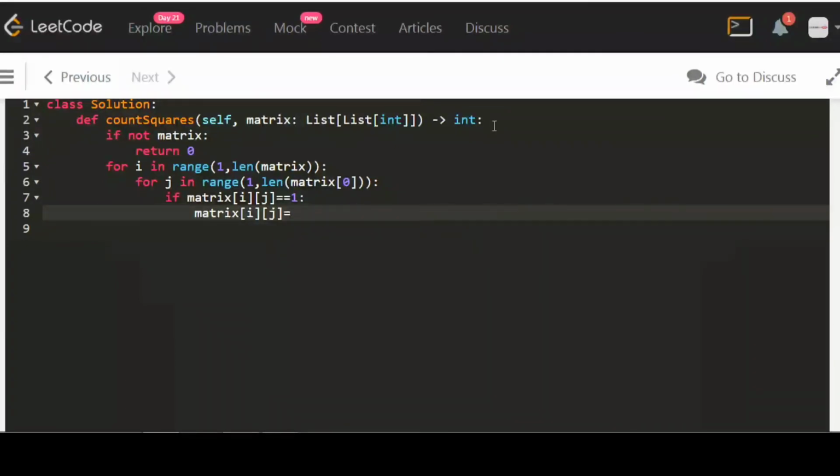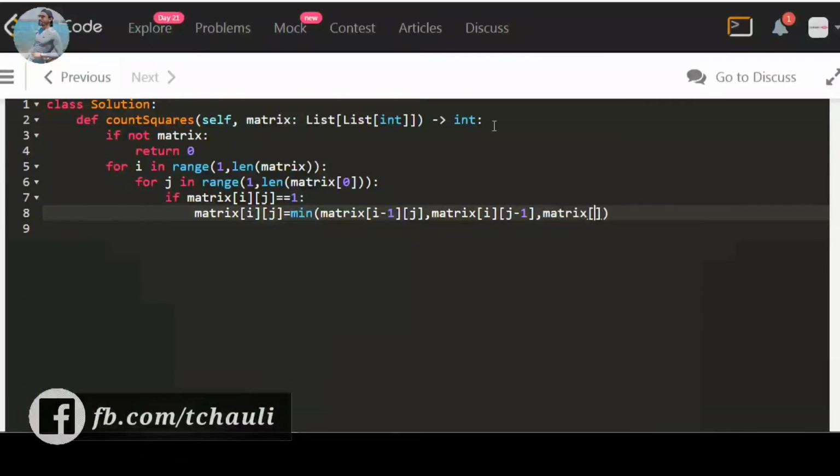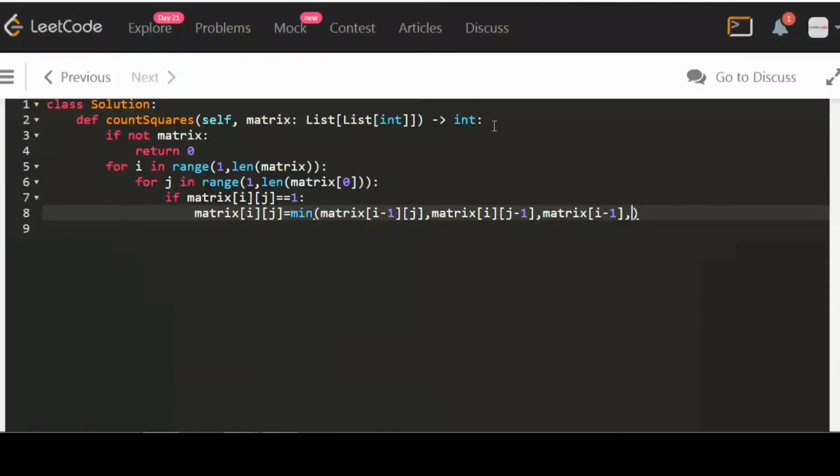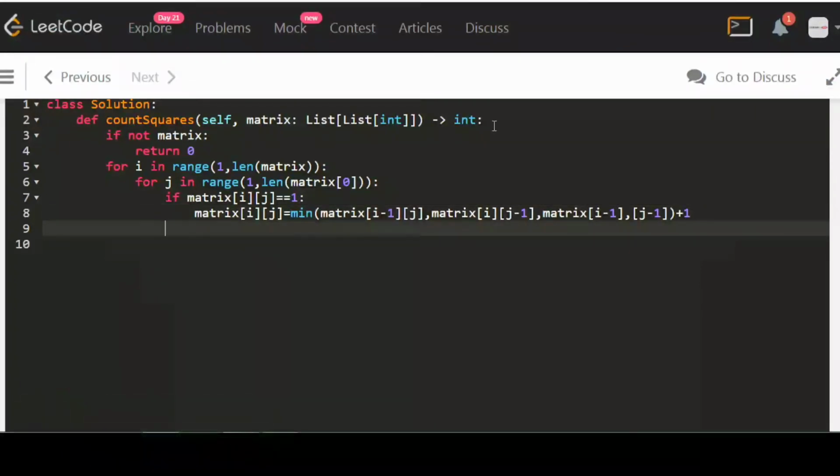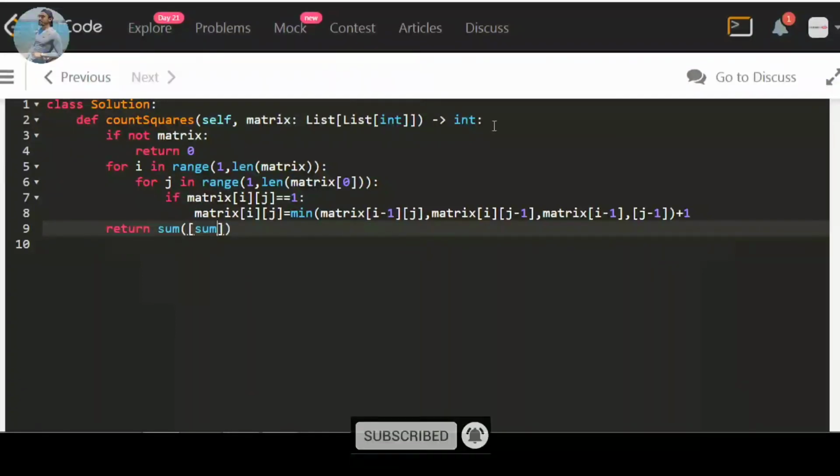We take 3 values: matrix[i-1][j], matrix[i][j-1], and matrix[i-1][j-1]. Take the minimum of all 3 and add 1 with it, as I already explained. And finally we return the sum of each row, and at the end the outer sum calculates the total.